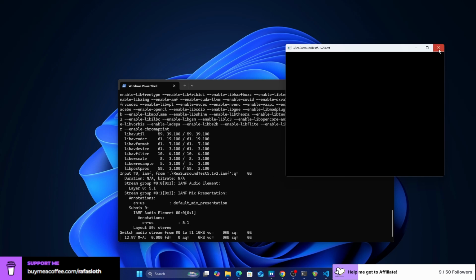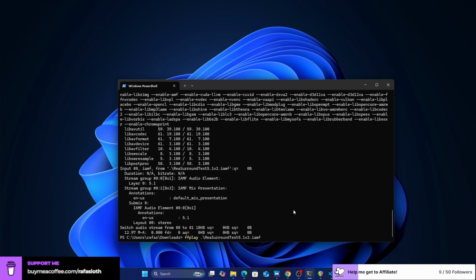But yeah, I don't know if you can tell the difference between the first and the second, but you can see in the logs here that I switched from audio stream 0 to audio stream 1. Stream 0 is the 5.1 version, and stream 1 is the stereo version. I believe I'm reading this correctly, but I may be wrong.